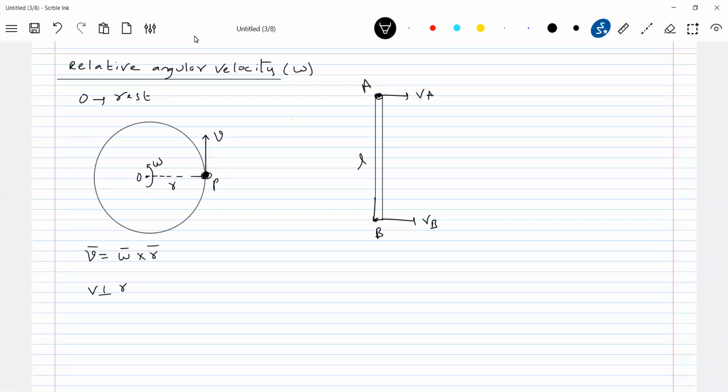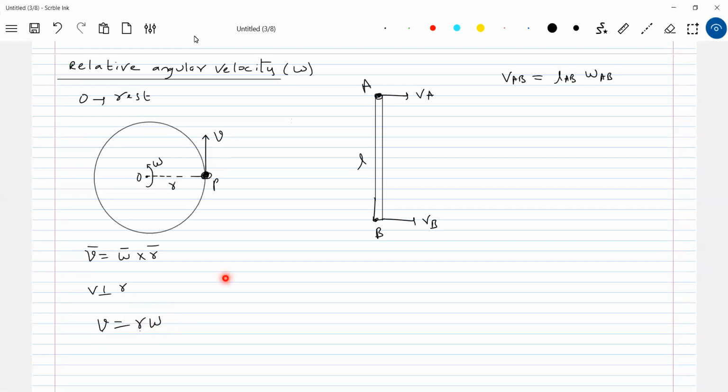Then velocity of A. So here what do you write? Velocity of P with respect to O, and O was at rest. So here velocity of A with respect to that should be equal to L AB into omega AB. V equal to R omega. How do we write it? Velocity of particle P with respect to O is equal to position of particle P with respect to O times angular velocity of P with respect to O. The interpretation is like this. Since O was at rest, we didn't bother. So that was the interpretation of that.